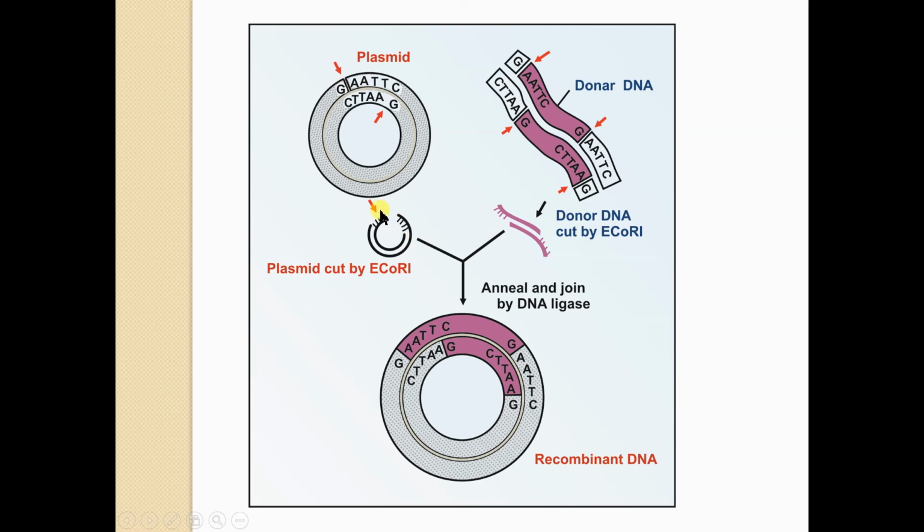After cutting, they will bind with the plasmid through the sticky end cuts, and after the binding, the joining happens by the DNA ligase enzyme. This blank portion will contain the insulin gene. We have not written the complete sequence of the insulin gene here, but the complete sequence of insulin or any other gene of interest is present here.